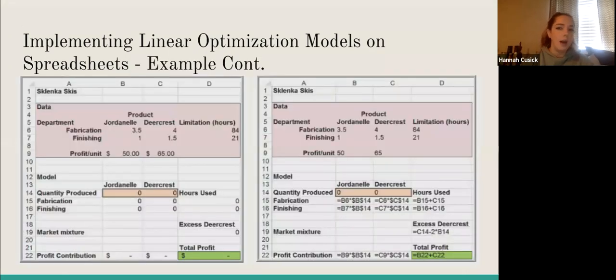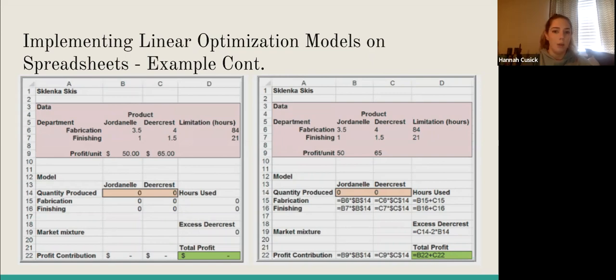Now we're going to look at an example of implementing optimization models on spreadsheets. This is an example from the text that looks at a spreadsheet model for a ski company. In the data portion of the spreadsheet provided are the objective function coefficients, constraint coefficients, and right-hand sides of the model. This data should be kept separate from the model so that if any data is changed, the model